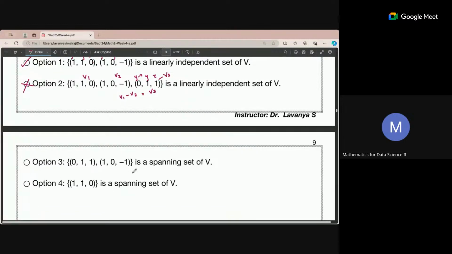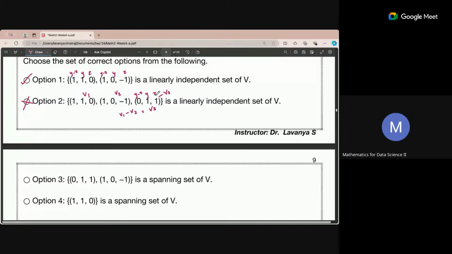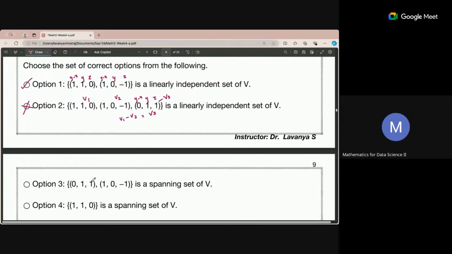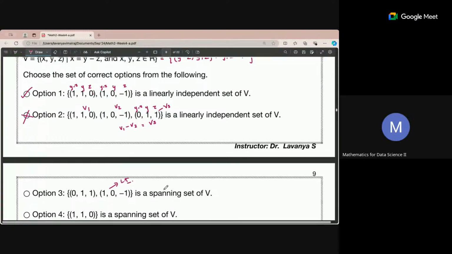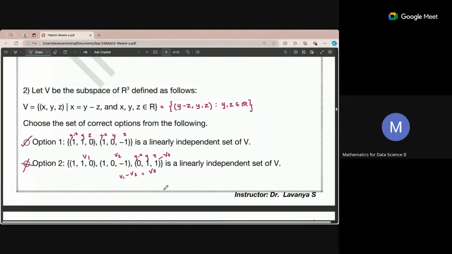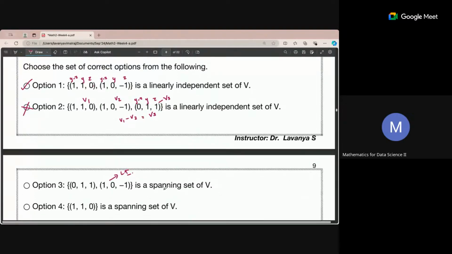Now here, is this a spanning set? First of all, we saw that this is already there in V, and 1, 0, minus 1 is also there in V. Are they multiples of each other or not? No, they are not multiples of each other, which means they are linearly independent. I have told you that. So if they are linearly independent, I have not yet started the concept of dimension, but